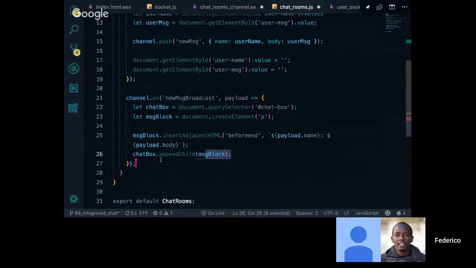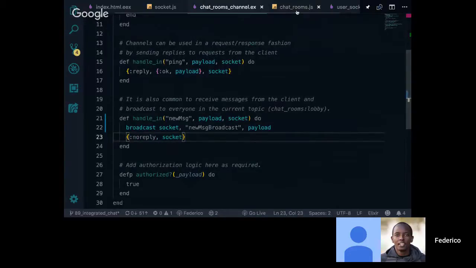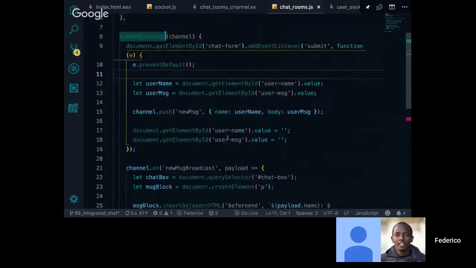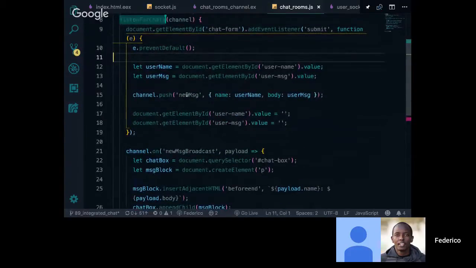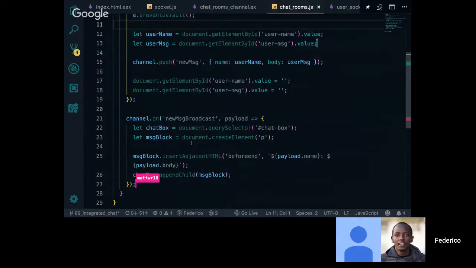That all looks fine. I might be wrong, but I feel like that new message and new message broadcast kind of need to be the same, because when you push up a message, then the client receives that message to post it. You mean the server? Well, when the client receives it from the server. Right. So here's where we immediately send it back, and we're calling it new message broadcast. Okay, because you've renamed it there. Cool. This is where, back at the client,